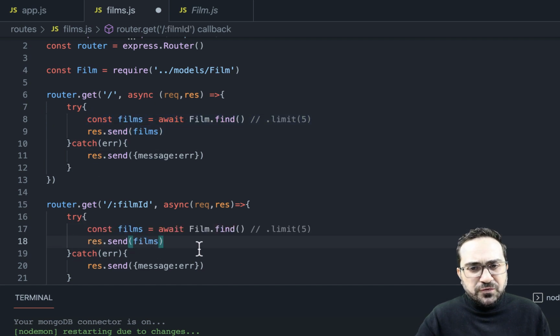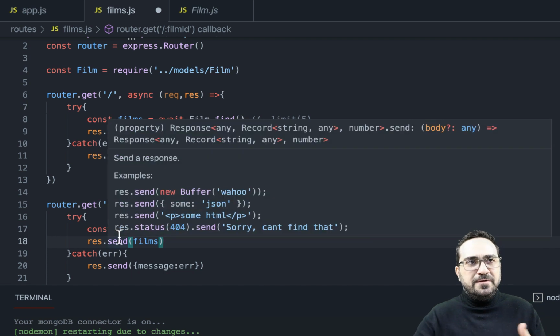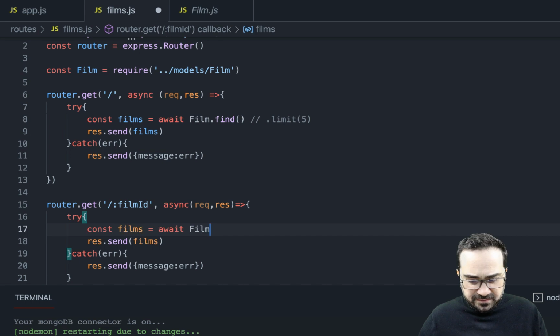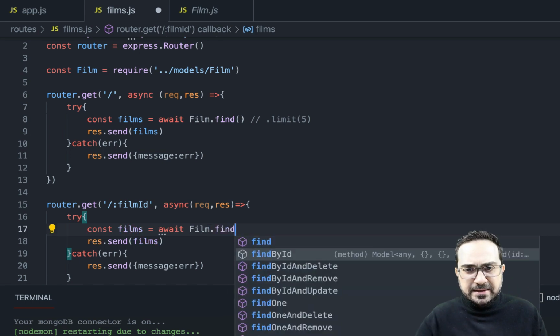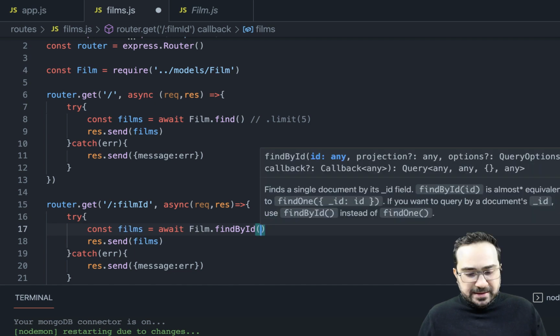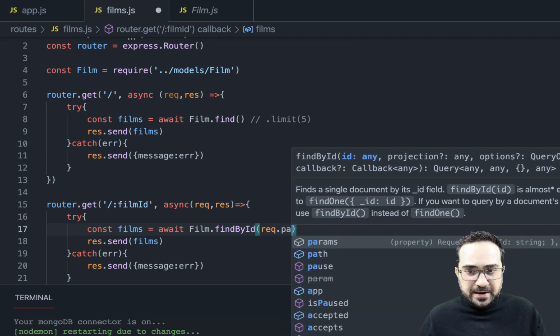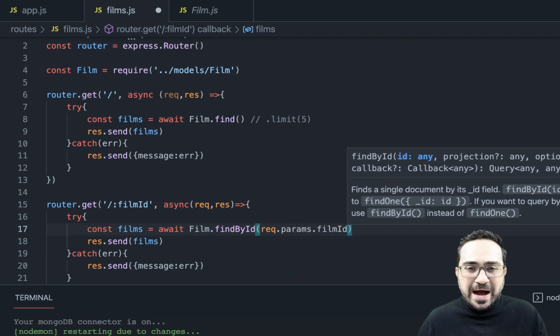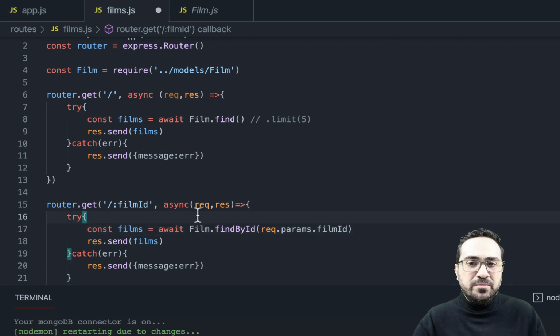Now, instead of doing this particular call and finding everything, let me get rid of this. In the films, you need to find by ID. So I will select the second option, by ID. And the ID is request.params.filmID. To access this variable that the browser will give you, it is actually something that the user will give me.